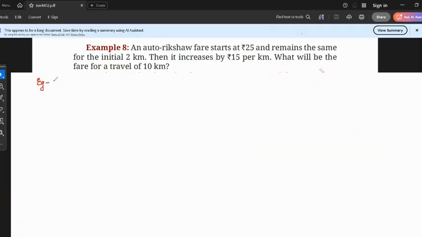Example number 8. An auto rickshaw fare starts at 25 and remains the same for the initial 2 kilometer. So what I understood is 25 rupees they will charge us, and this 25 will remain same for first 2 kilometer, initial 2 kilometer. So I will write